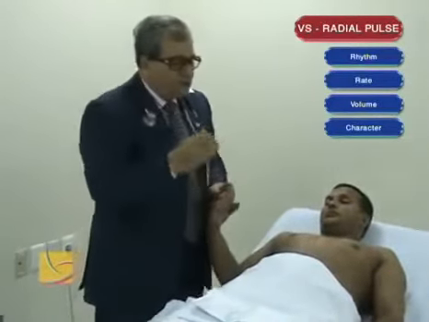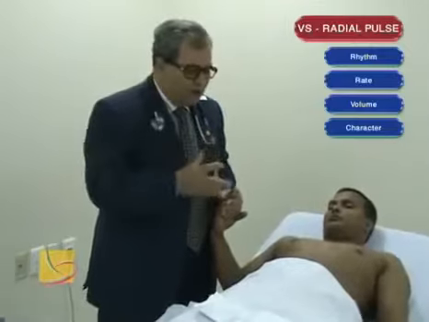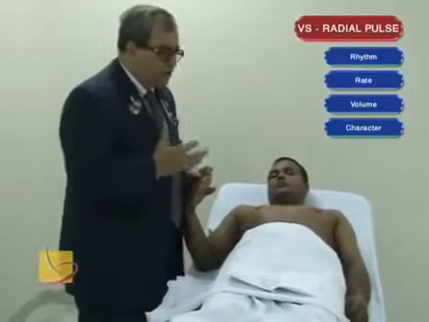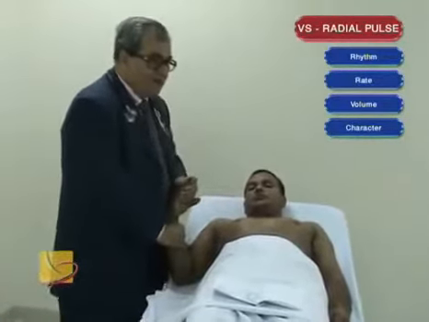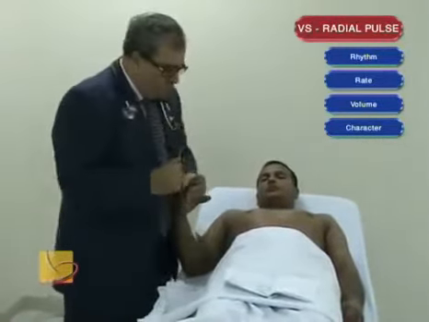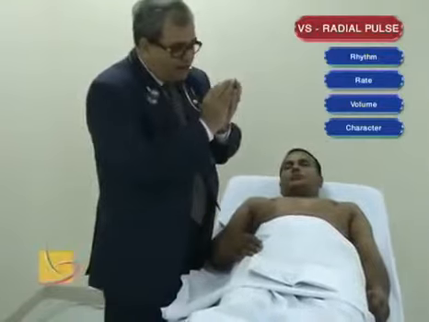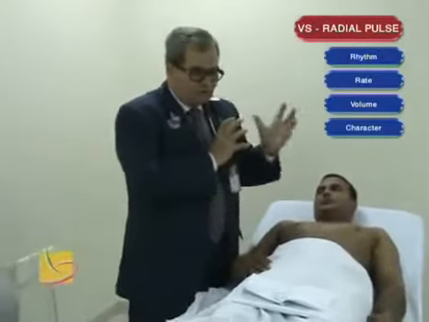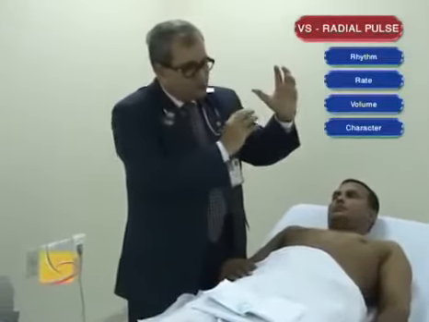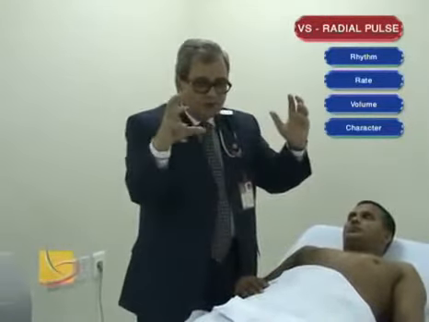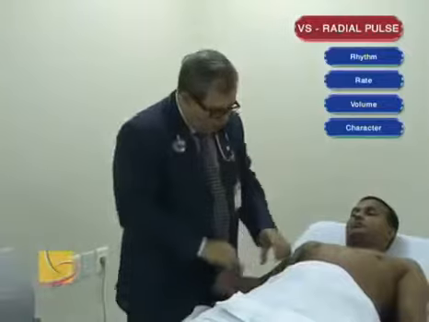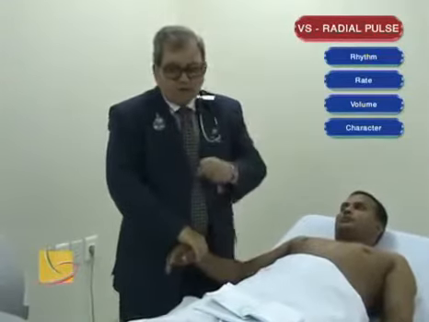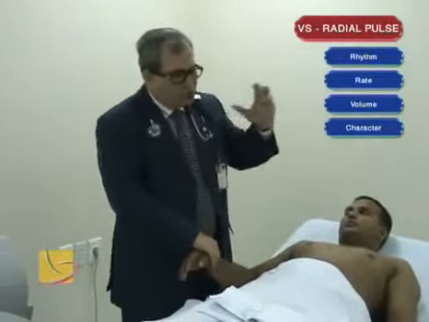Then, after finishing evaluating the pulse, if it is collapsing or not, we have some other characters like slow rising pulse, or pulsus parvus et tardus. The slow rising occurs whenever the left ventricle is contracting against resistance, against aortic stenosis. If there is aortic stenosis, the left ventricle will be contracting against resistance, so the ejection phase will be prolonged. If it is prolonged, the generation of the radial impulse and other arterial impulses will take longer time. So it will be a slow rising or slow peaking